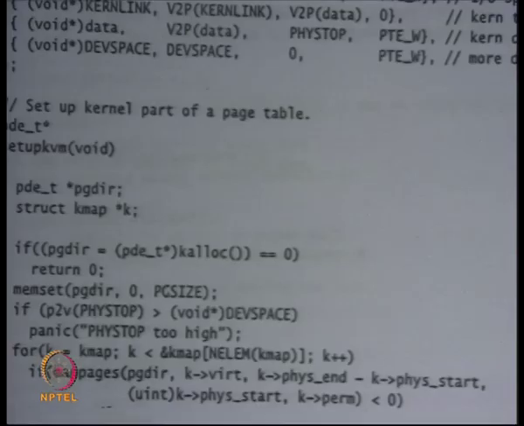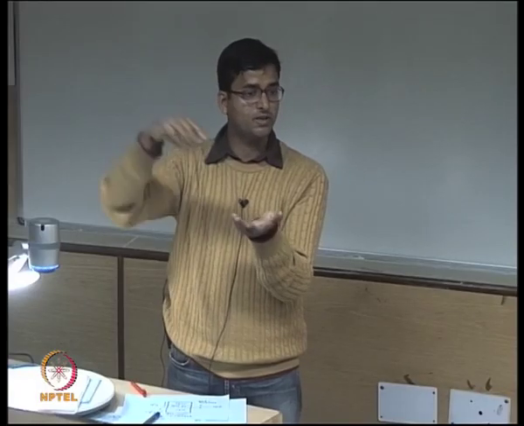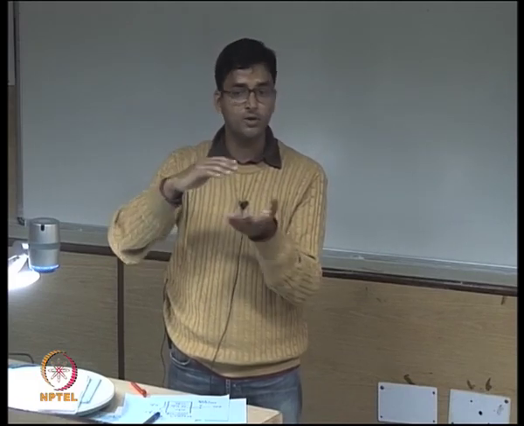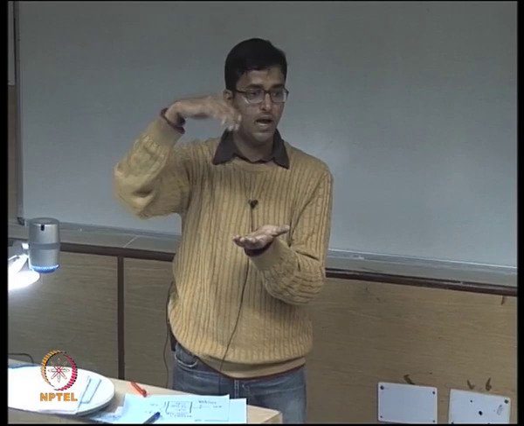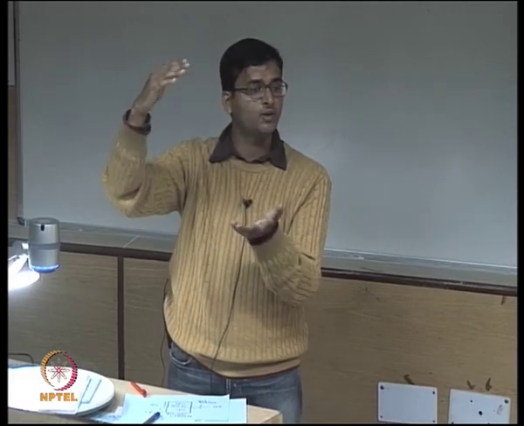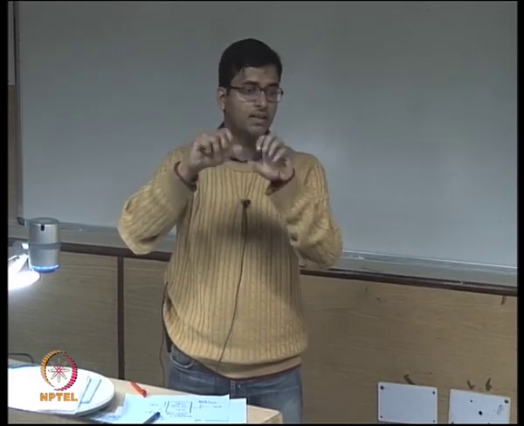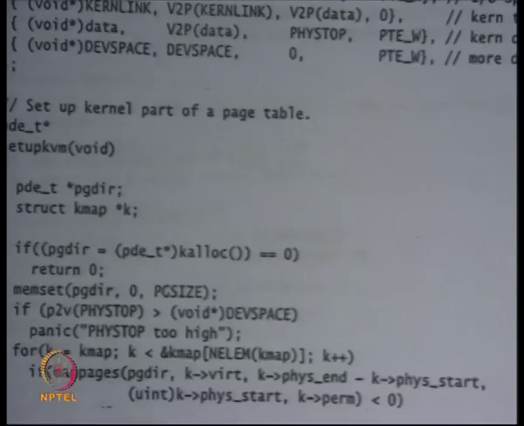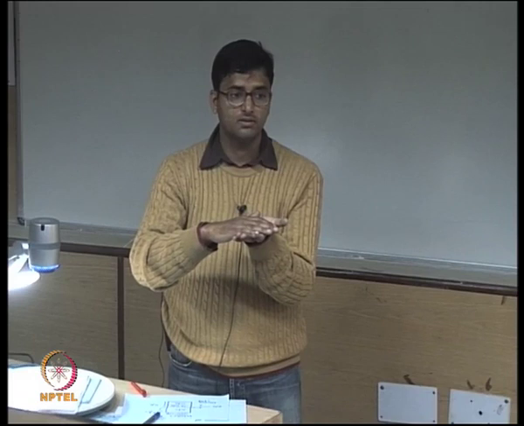Okay. Yes. So if I want to map, let's say 0 to phys-top in one go, I will divide it into chunks and create entries in the page table, because recall that the paging system does not allow me to map all at once. I have to divide it into either large pages or small pages and then create appropriate entries in the page table to create that mapping. Already mapped those pages.